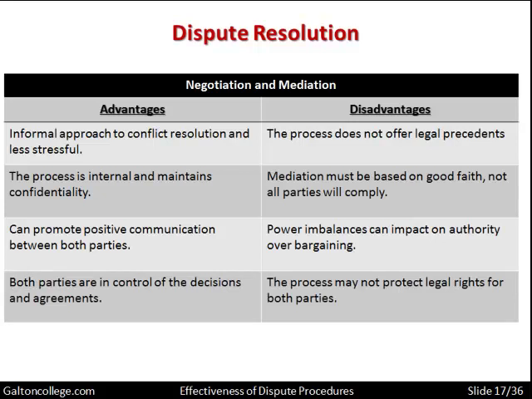Both parties are in control of the decisions and agreements. Either side may break it. Either side may leave the negotiations at any time. There's no force being used to force them into the negotiations. So they have control. Each side has control. Each side may seek adjournment or seek more advice or go back to the membership and resume the negotiations at a later date. Both parties have to take each other into account, but they are, in a sense, in charge of the negotiations as well. They may bring it to an end at any moment.